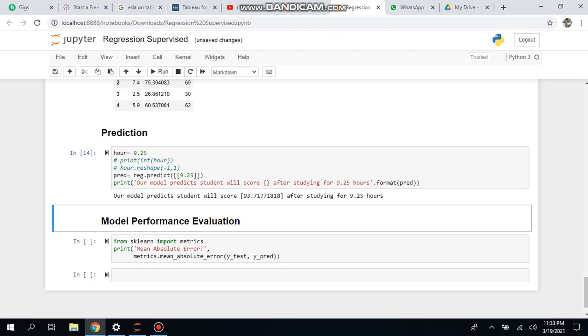So now I'm going to determine our mean absolute error. Mean absolute error basically tells us the difference between our actual values and the predicted values. Basically, this tells us the mean of all the differences between predicted and actual values. So this lets us know whether the difference is high or low, or how our model performed, and that's all. So I have performed this task for the Sparks Foundation,